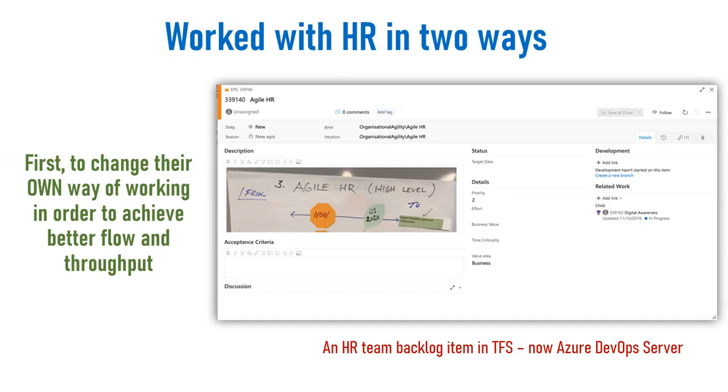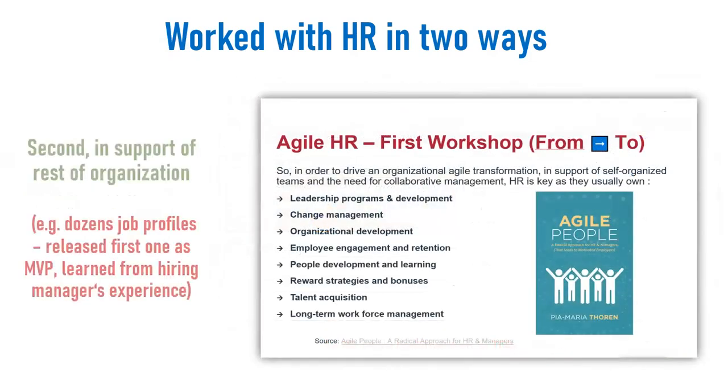But the important thing with a corporate function like HR is also how we get them to improve their interactions with the rest of the organization. So we held workshops around that, and for example, we used Pia Maria Thoren's really good book on the subject. And we work with HR. So listen, you're responsible for leadership programs, development, change management, organization development. You are an incredibly important partner to have. So we need to have you interacting as agile a way as possible with the rest of the organization.